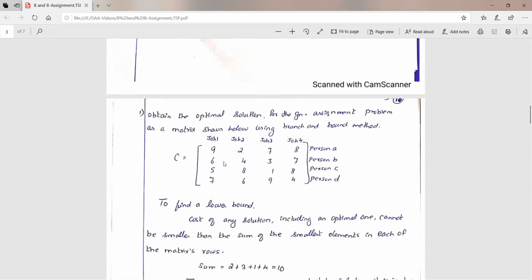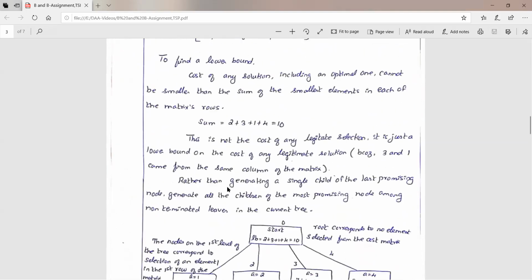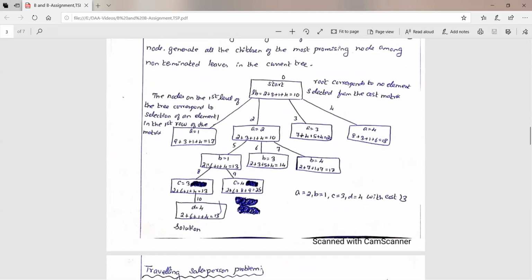If I'm taking B is equal to first job, first what happened? This 2 is fixed now. The person A is fixed with the job 2. So now this 2 is fixed. Now for person B, I'm assigning the first job. So 2 plus 6. So once you completed, you fix that particular value. So now 2 plus 6 plus 1 plus 4. So now you take 2 plus 6 plus 1 plus 4, the value will be 13.